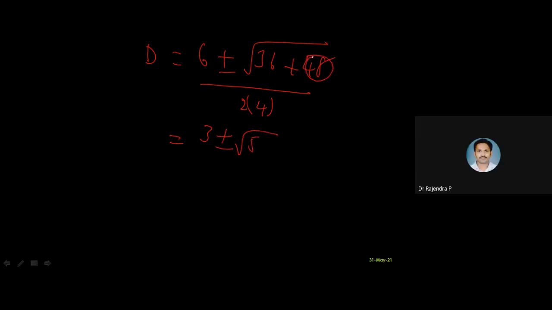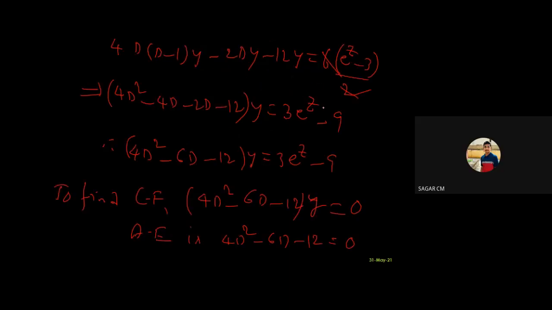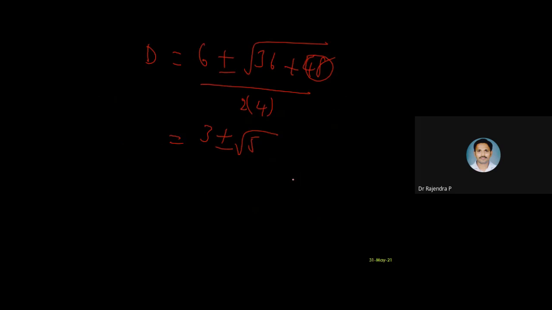Okay, this is not 48, right? 4ac. Yeah, divided 4 by 2. Yes, 4 into a into c. Already 4 is there. 4, 4, 16, 16, 12, how much? How much total here we got? Sir, if you divide equation 1 by 2, it will get easy, sir. Okay. Anyway, I think somebody said 3 plus or minus under root 57 by 2. You got 4, sir. 4. Very good, thank you.